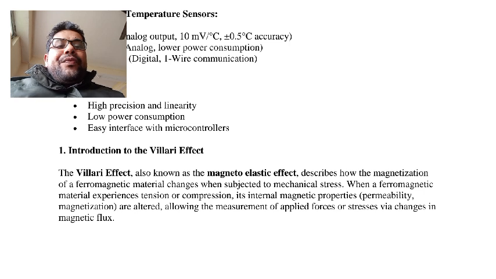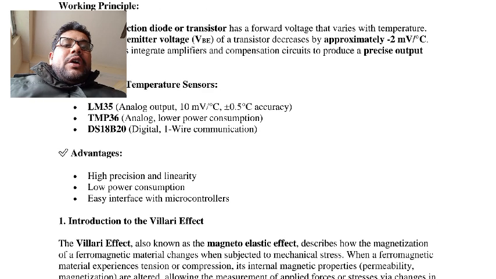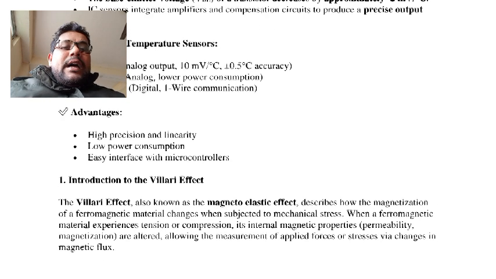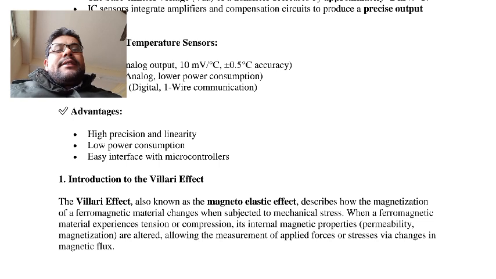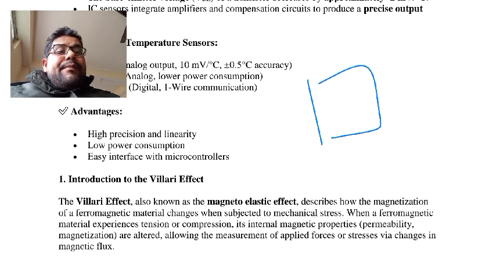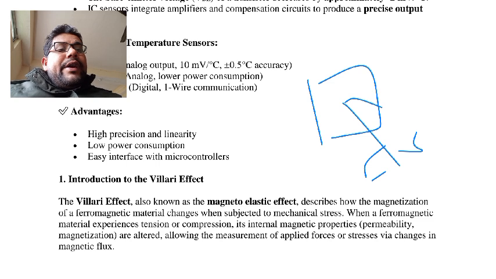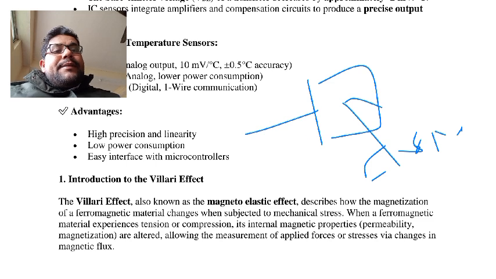What is the Villari effect? How does it work? The Villari effect, also known as the magnetoelastic effect, describes how the magnetization of a ferromagnetic material can change when its mechanical state changes. If any material is magnetic, this is a ferromagnetic material. When stress is applied on it,